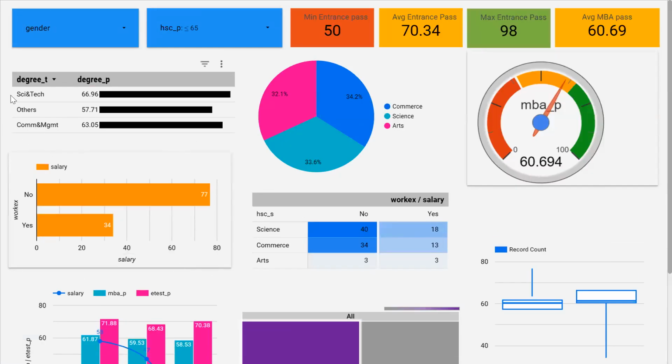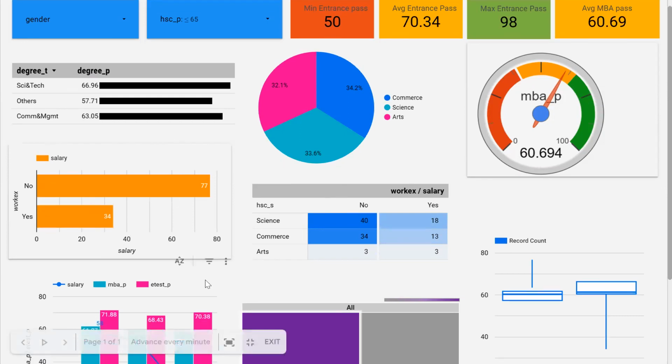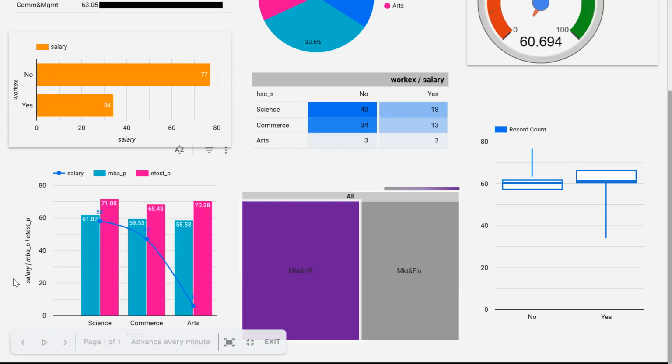Okay, here also we confirm the statement, right? Science people are doing a pretty good job. And also, if you look at this particular salary picture with respect to this graph, comparing arts and science, I would say that arts background people from 12 standard, with respect to their MBA pass mark and entrance pass mark, have been able to get